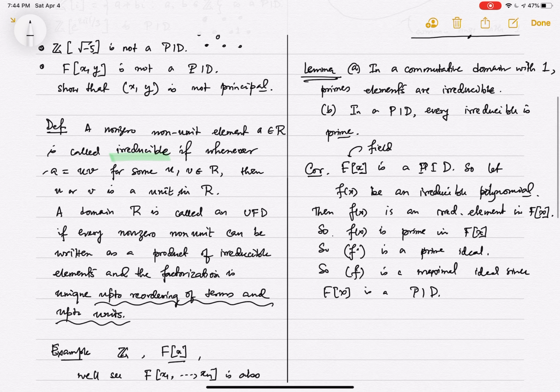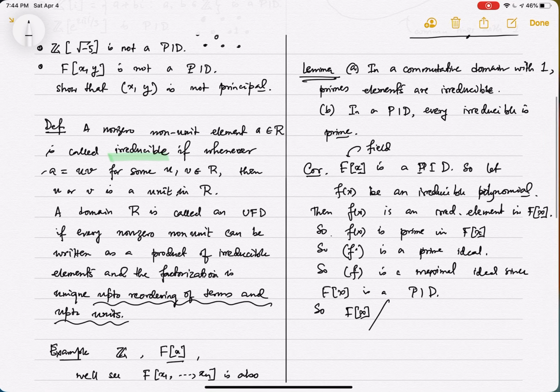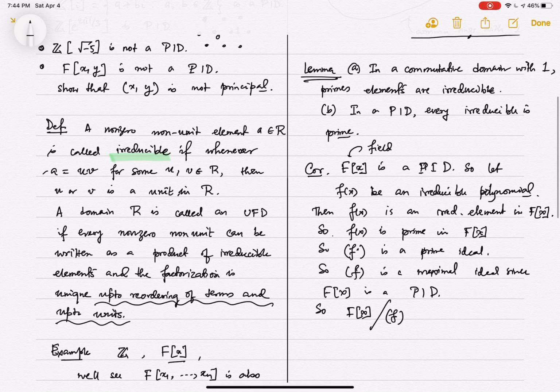And in a PID, every prime is maximal. So if you take F[x] and quotient out by the ideal generated by f(x), it is actually a field. And this would give us rather interesting fields. Take the polynomial ring in one variable and quotient out by a maximal ideal. We'll talk about this later in the next